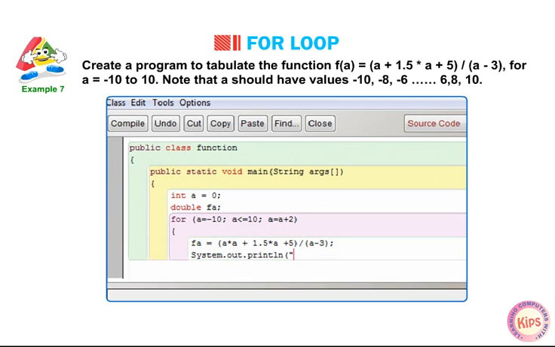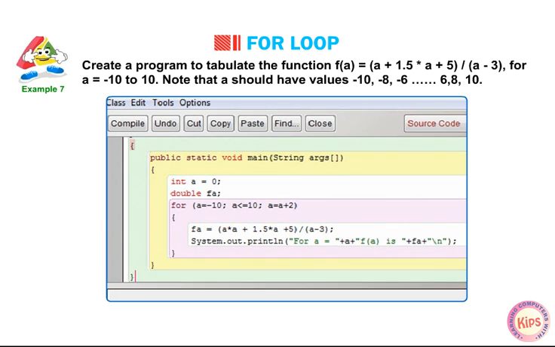System.out.println("for a = " + a + " f(a) is " + fa + "\n"); } } }